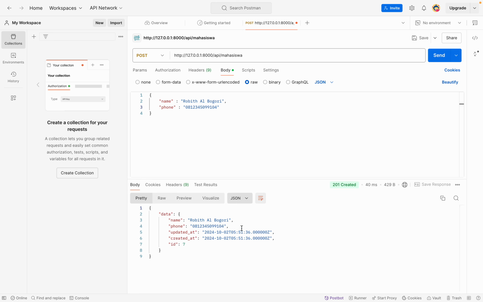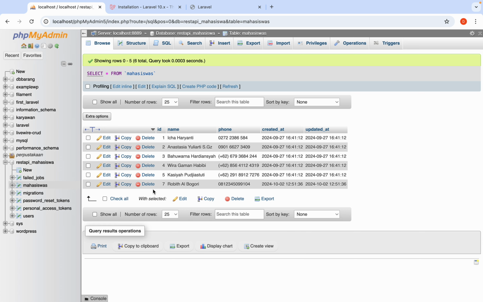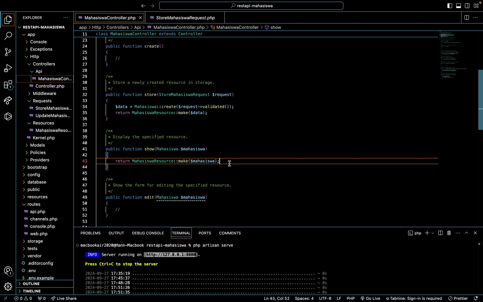And I get, you can see, data Robit Al Bogori, updated at, created at, ID 7. We will see it in PHP my admin. Okay, you can see that. Okay, we succeeded in creating the data, and now is public function show.